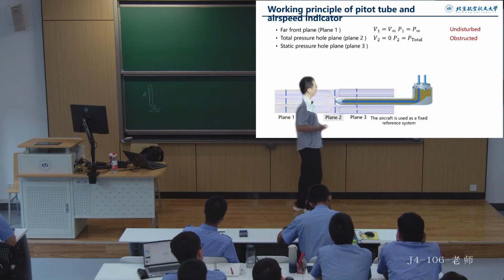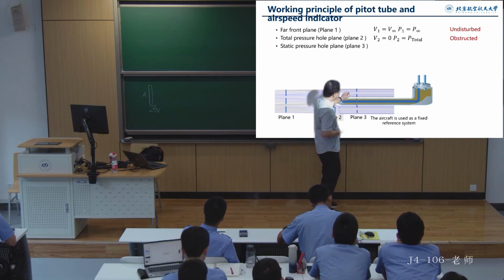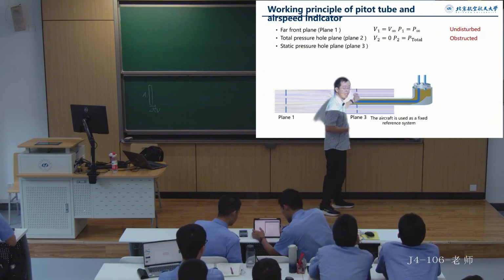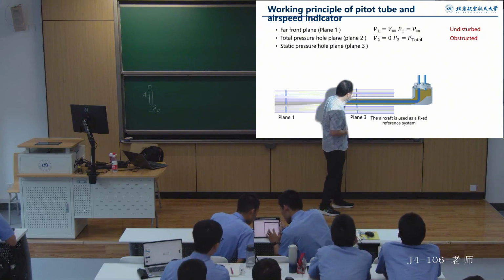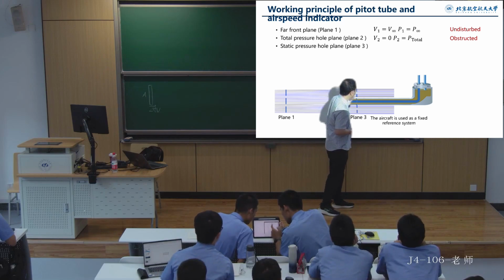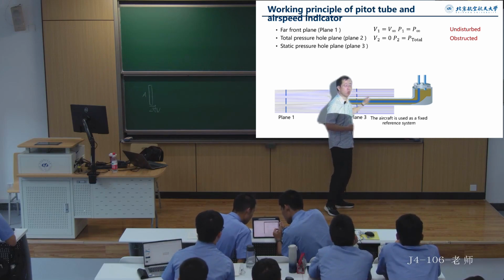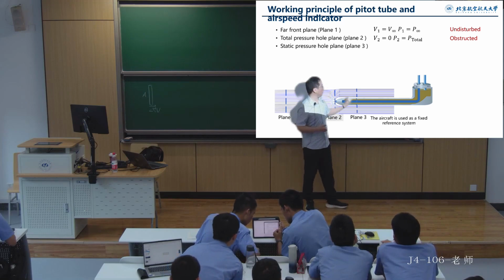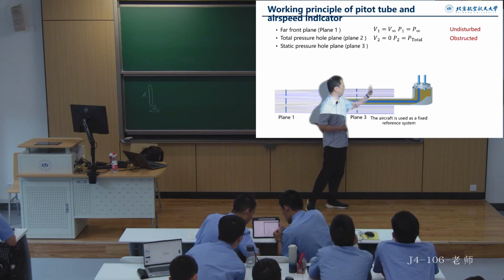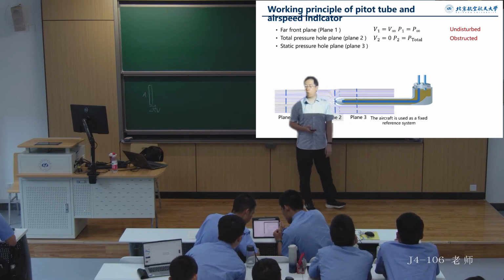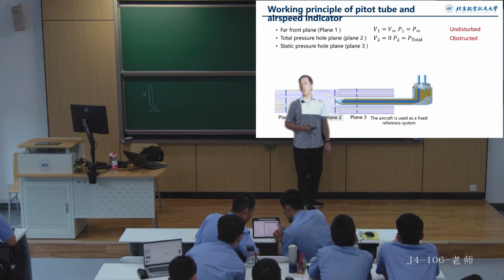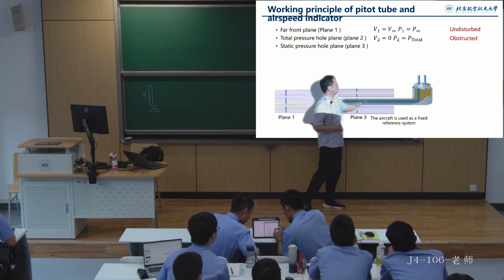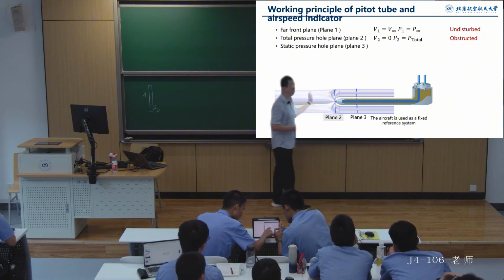All right. And then, very quickly, the airflow will rapidly accelerate after passing around the pitot tube, for example. Because the pitot tube is very narrow, the disturbance to the flow field is very limited. So after flowing a short distance, what happens? In fact, its speed will quickly return to the speed of the flow far ahead. And when it reaches position 0.3, its speed will once again return to the speed at plane 1. Now, let me ask you at this moment,